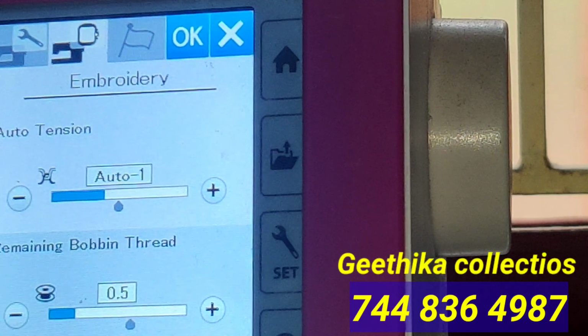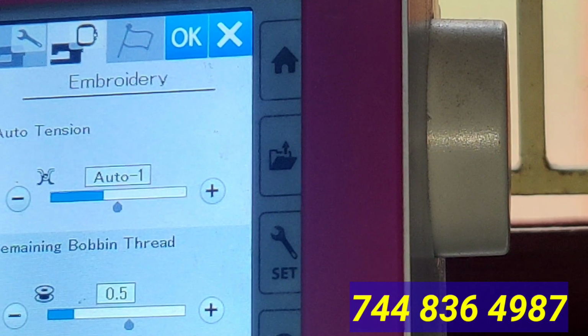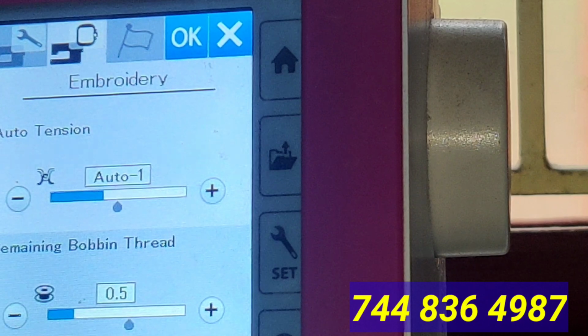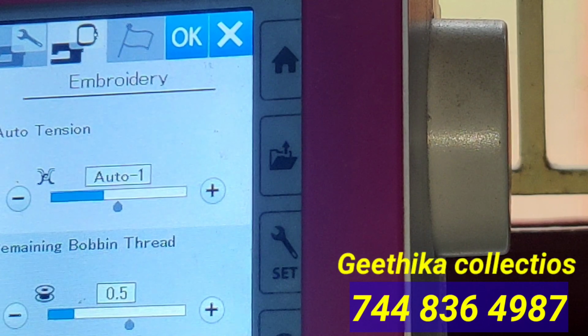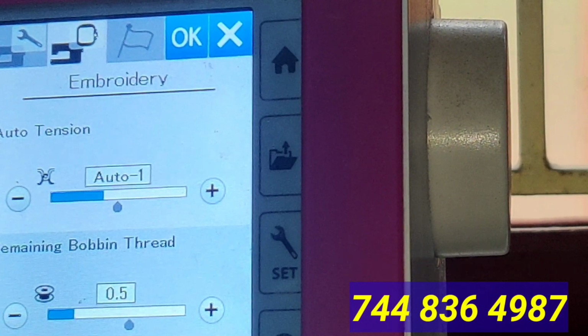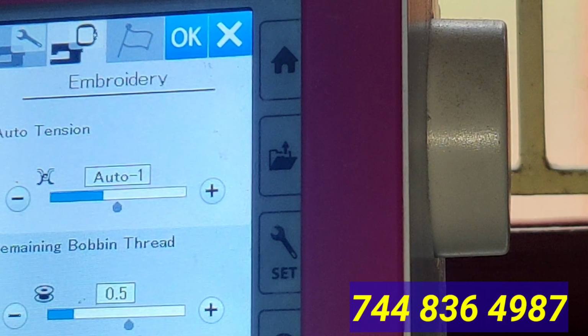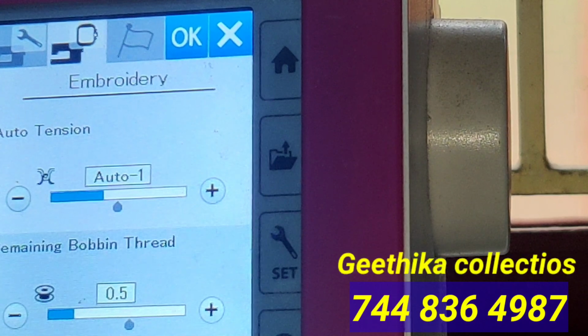It's our responsibility to keep it active here. Here 0.5 means 0.5% of the bobbin thread. Whenever it reaches that, it will remind you. If you set it as 1, then it is 10%. Here 0.1 is 1% of the entire bobbin thread.